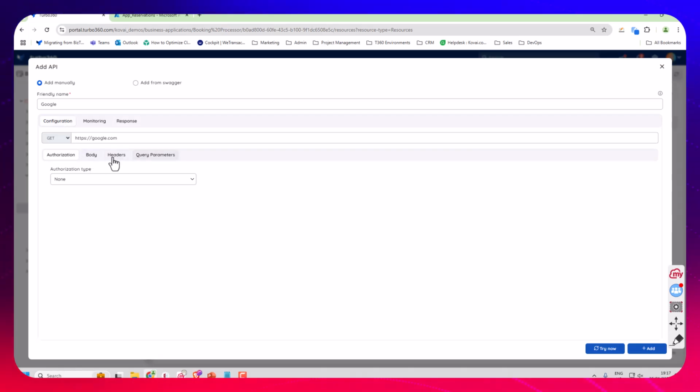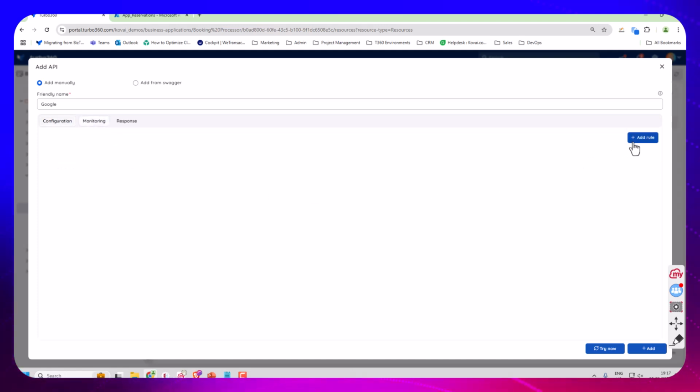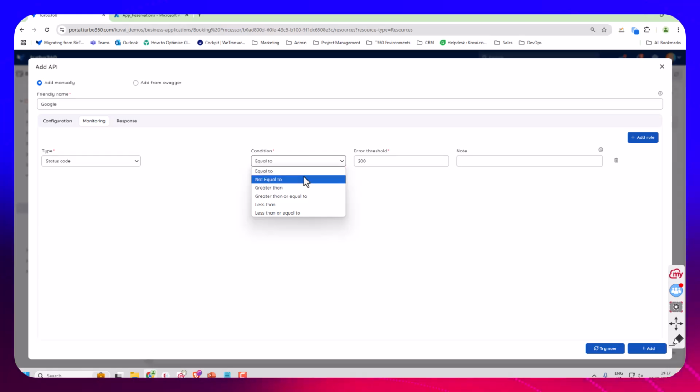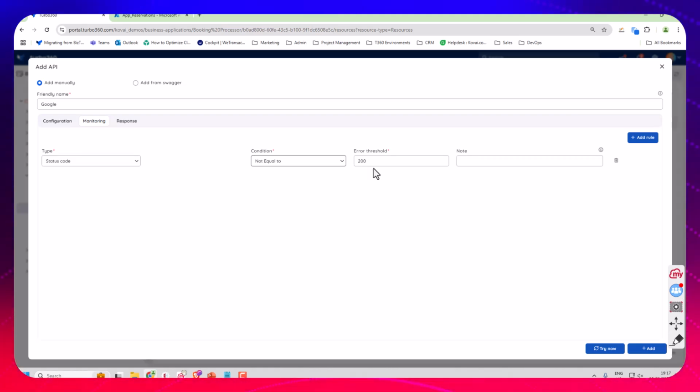Now, when I configure this, I can also do things like authorization types and headers or body. So I could do an example of a POST to something if I wanted to. And in the monitoring, what I can do is add a rule. So for example, in this case, I might say, if the status code's not equal to 200, that would be an error condition. So we can go and raise an alert and somebody can jump in and do it. So if I just add this one now,